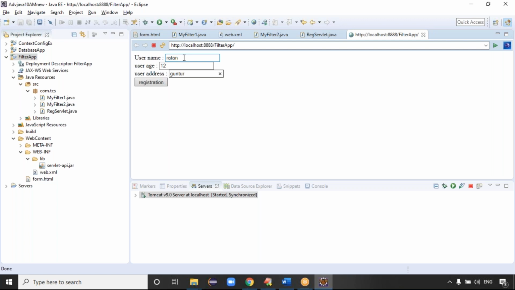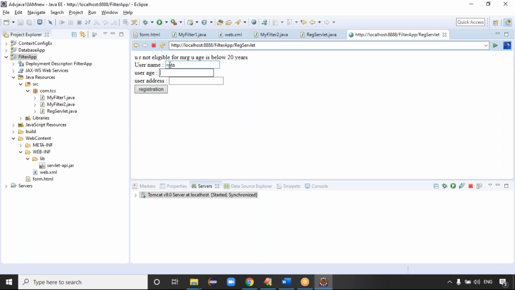I think your first condition is not satisfied. Yes, the first filter is not satisfied, sir. Filter is not satisfied means now this error response is coming from what? Coming from the servlet, or coming from the filter one itself? This error response is coming from filter one itself, right?